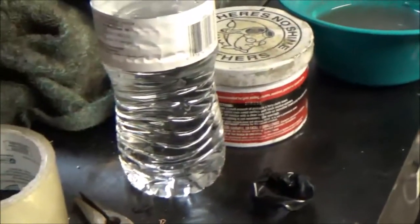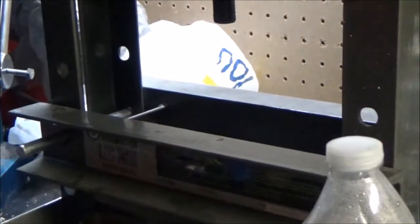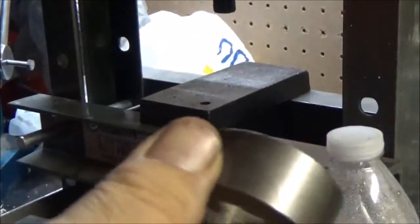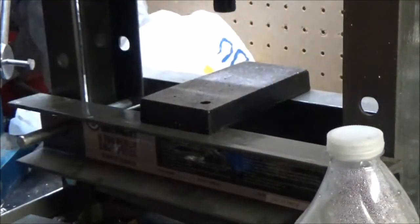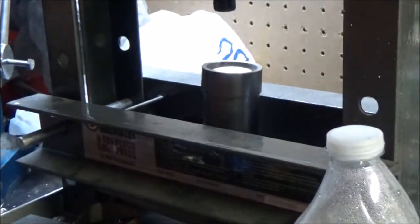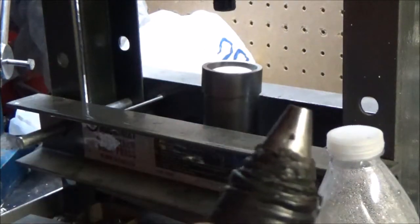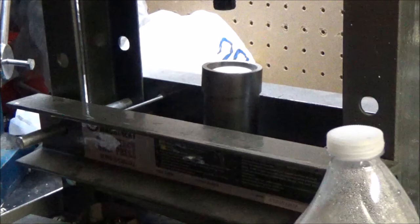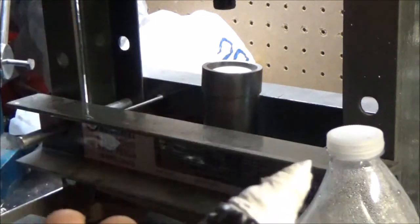Now what we'll do, move over to the 6-ton hydraulic press using the same die, but we're going to do it a little differently. We're going to put this under it, and we've got some tape wrapped around the starting cone already. I'm going to put a little bit more on there, and we're going to press this down. It's going to stretch the inside, then it's going to reduce the outside, making it easier to make the ring. Okay, we've got Teflon tape on the end of it,